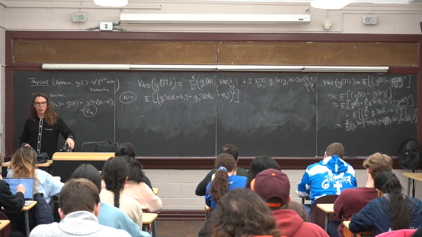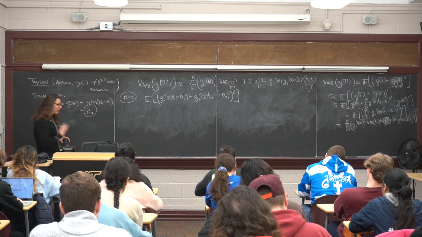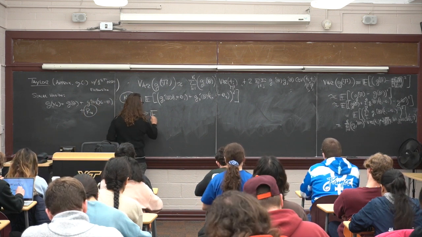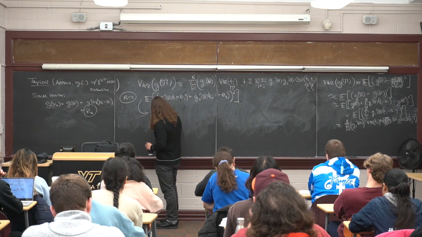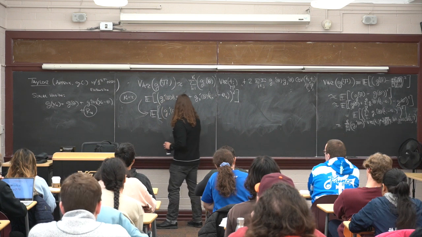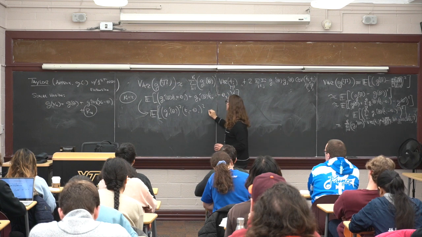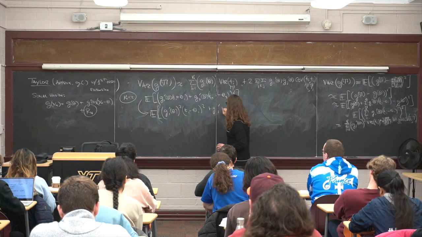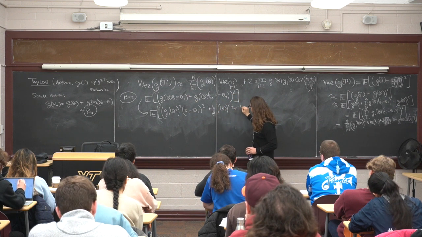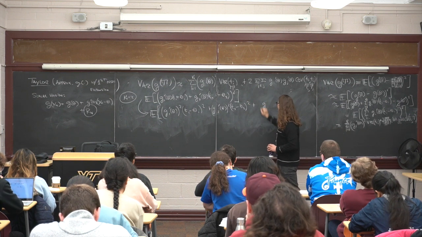I've never said FOIL since high school and then when I started teaching grad school. Now I just say it, I think you all know what I mean, but you expand that thing right here. So that's just the expectation of G_1 prime theta squared, T_1 minus theta_1 squared, plus G_2 prime theta squared, T_2 minus theta_2 squared, plus 2 times